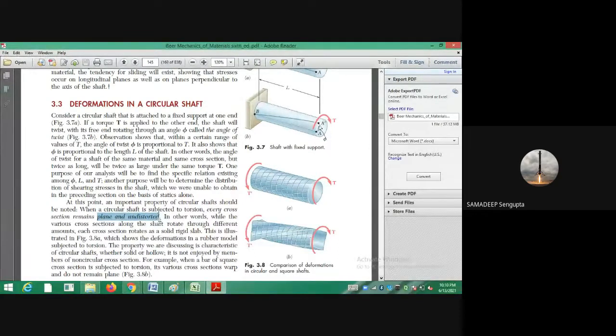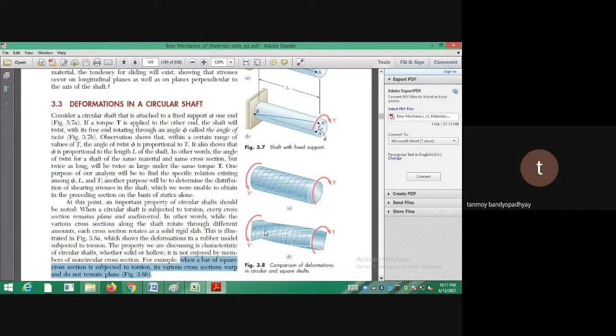No, they don't remain the same. The warping is shown there. You can see that there is a bar cross section. Initially if you consider all the cross sections, they were actually square, but after you twist it, some squares have elongated length and some squares have reduced length.